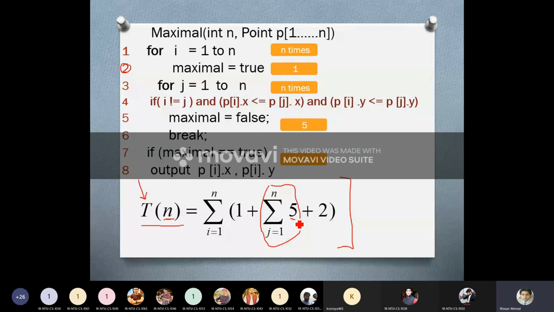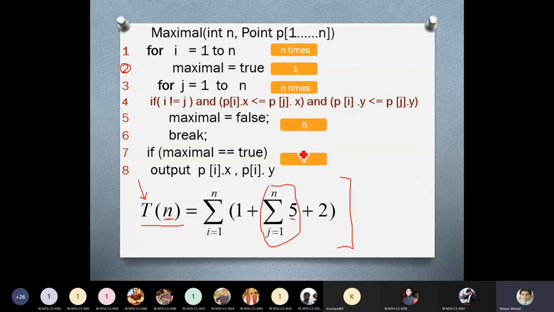I have already discussed how this number 5 is counted. And then we have these two statements which are part of the upper loop.